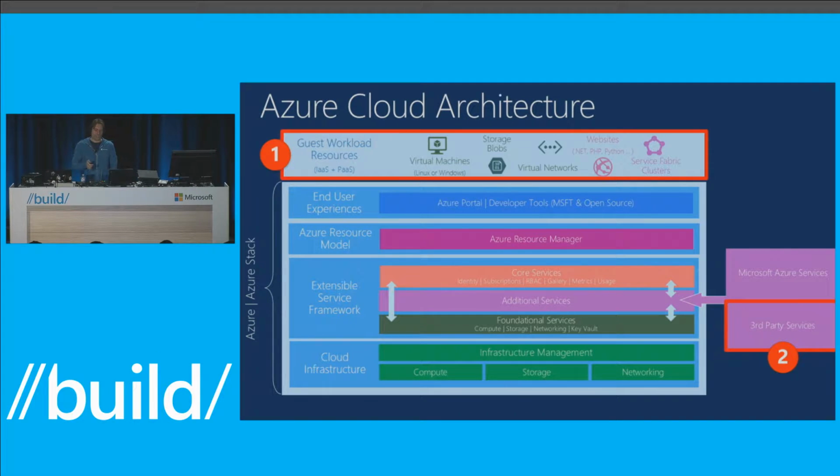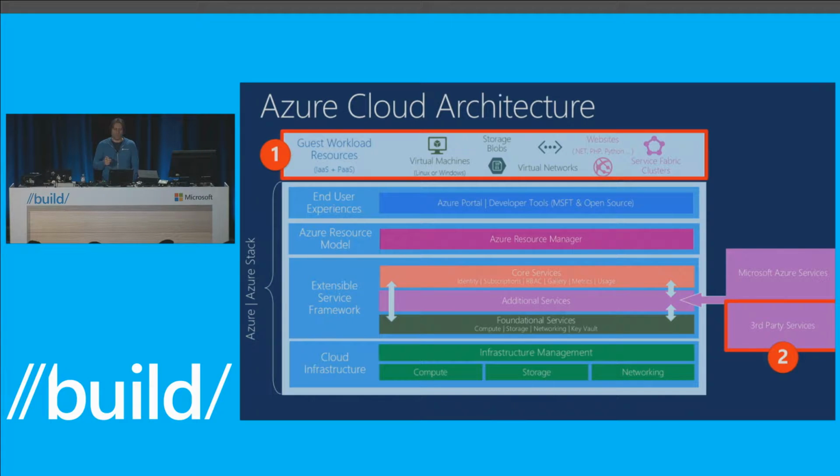And then there's a set of additional services, and those are the kinds of app services, the websites, Service Fabric and container service, and many other additional services that could be had on top of the baseline infrastructural services. There are a lot of services that we provide, but third parties can actually develop their services and extend this infrastructure and have services participate in this system.